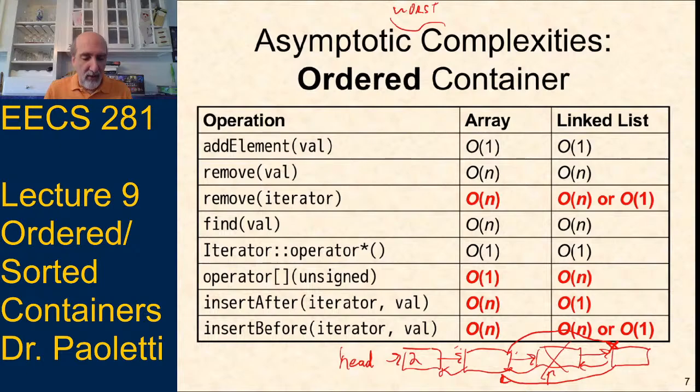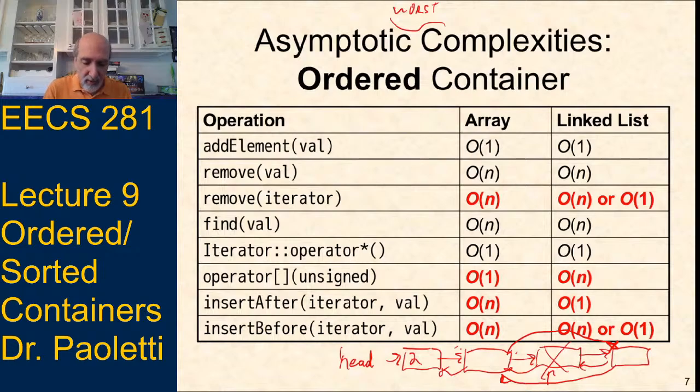All right, what about insert after or before given an iterator? Okay, so for insert after or before, let's just look at both of them with an array. With an array, inserting after or before is O of n, because whether I insert something before or after this current thing that I'm pointing to, everything else, or everything else plus 1, has to move over to make room for that new element. With the linked list, insert after is O of 1 because if I've got my linked